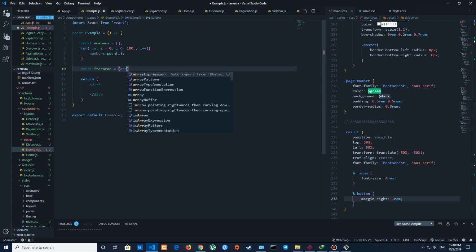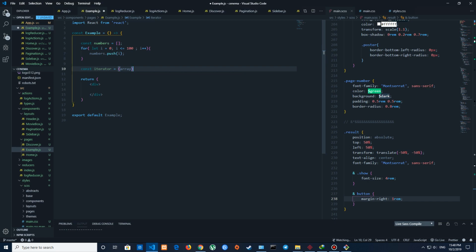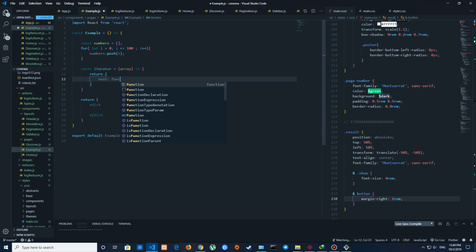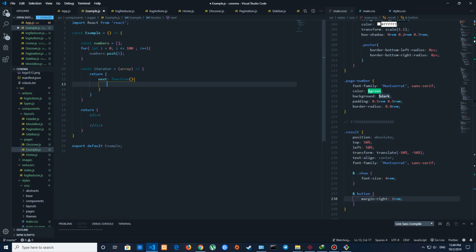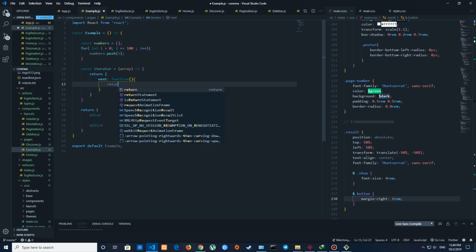This function is going to get an array, and then it is going to return an object, which will have a next function. In this next function we are going to be returning